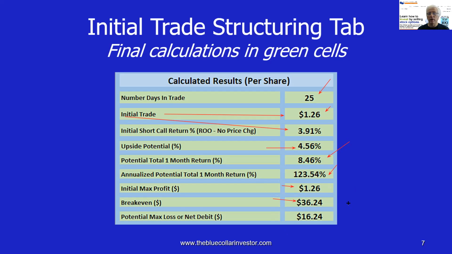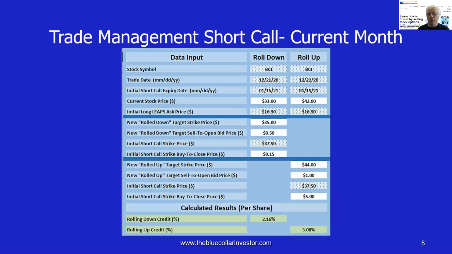Well, the price of the LEAPS option, 16.90 minus the 66 cent short call premium. So the max loss is $16.24. So that information will appear in the tab 1, initial structuring of the trade. Keep in mind, we want to make sure that there's a positive number for the initial trade row in the